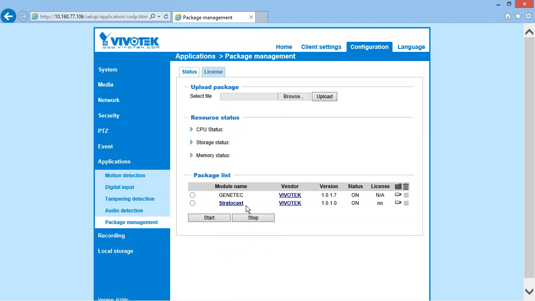In case it is not present, go back to the previous step and try to download and install a new firmware package. The Stratocast protocol should be included as part of the most recent firmware updates. If the latest firmware has been installed but you do not have the Stratocast module listed, please contact the Stratocast support department for assistance in downloading and installing the package. If you need to install the package, please make sure you do not have pop-ups disabled on your browser before doing so, as there will be a few extra windows opened automatically.